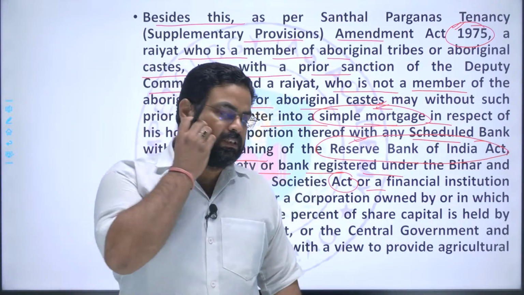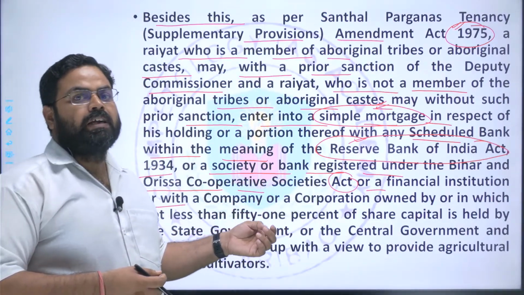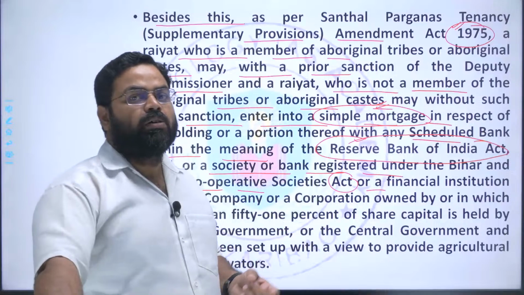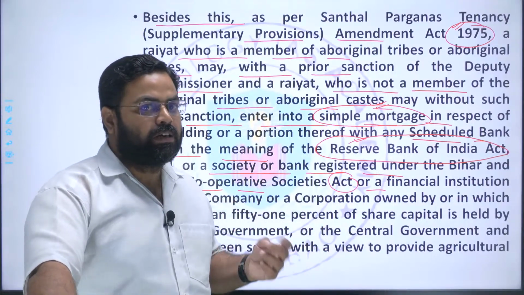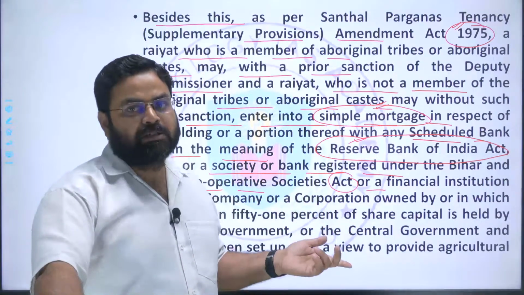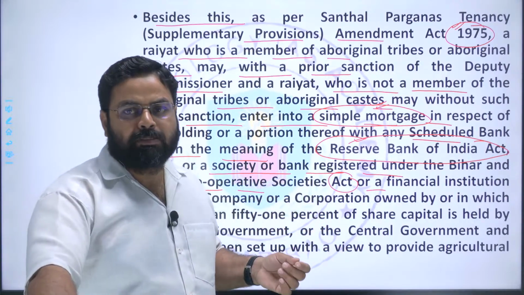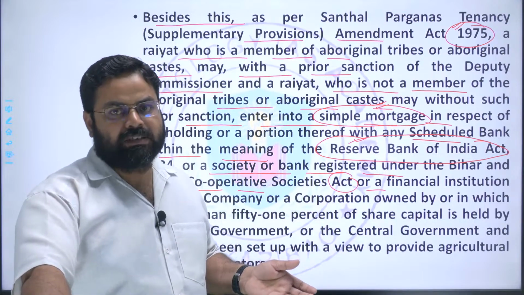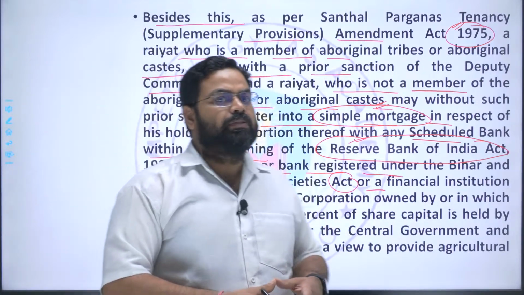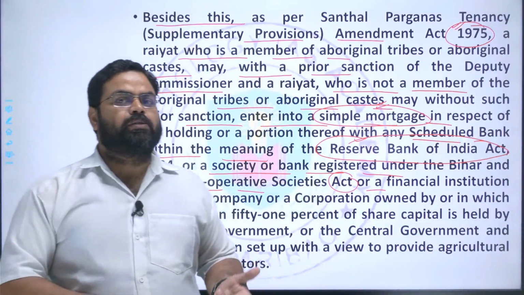Even nowadays they are facing such issues, but at that time, the act itself mentioned that they cannot mortgage or lease out their land without the permission of the DC. So even to get a loan, the tribal had to go to the DC office and say that we want to take a loan and for that purpose we have to mortgage our land to the scheduled commercial bank. There was too much paperwork which the tribal people didn't understand. At that time the literacy rate was also very low in the tribal community, so they were facing various issues, and they were getting trapped in the hands of local money lenders.